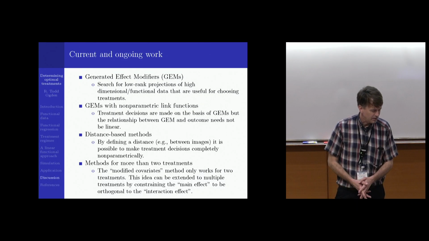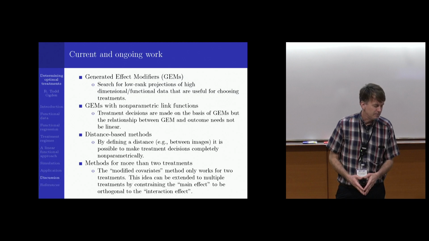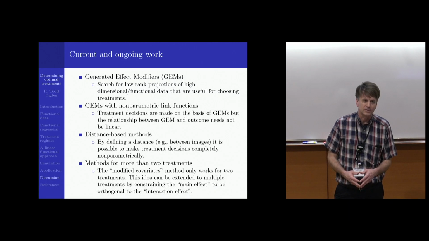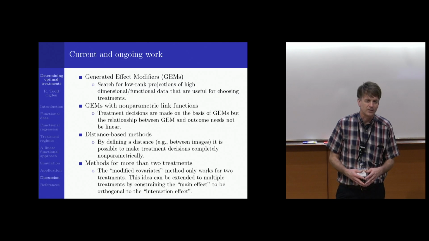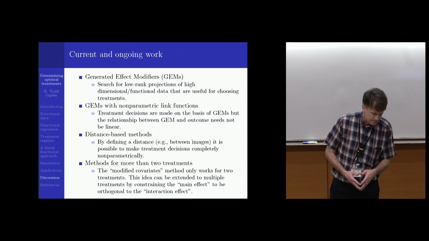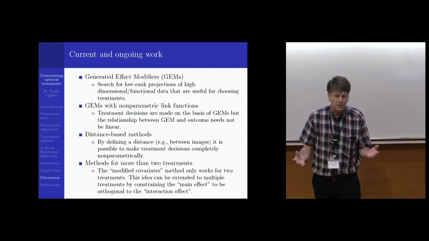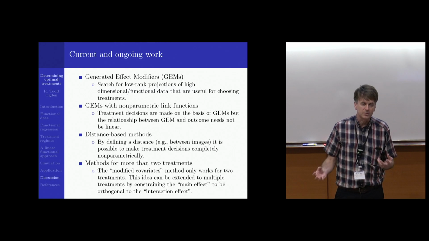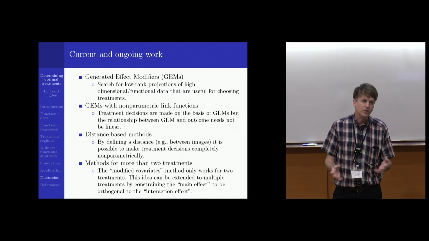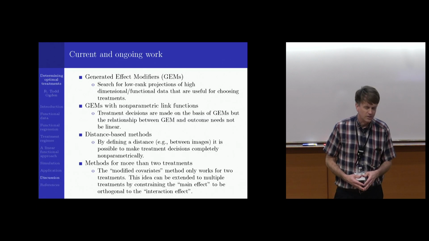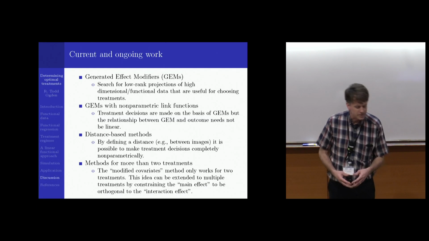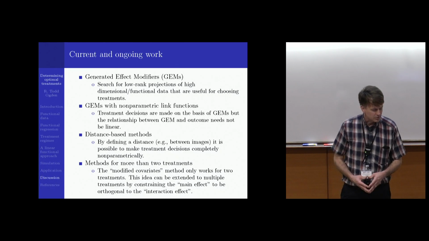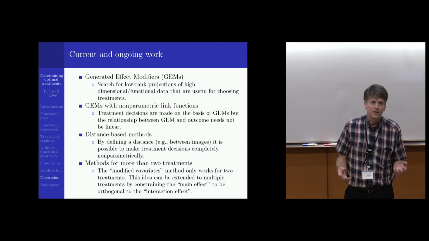Going beyond that, I've been thinking a lot about distances between functional data, or distances between more abstract objects. Wouldn't it be cool if you could define a distance measure between images? Sure, you could do the usual Euclidean distance, but I think that would be overly influenced by noise and might not tell you much. So maybe we can come up with some distance, and